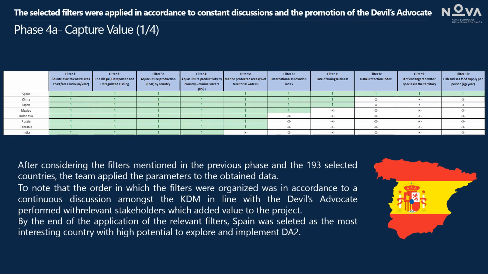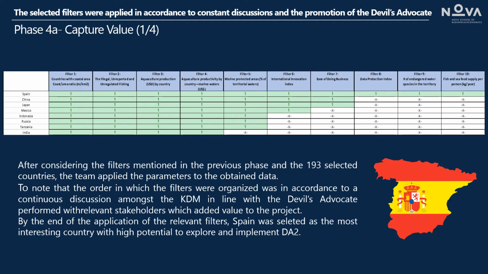Initially, we applied the MCDA with the global filters and the VCF, or Value Creation Funnel, having Spain as the only country that met the full list of filters. The closest alternatives were China and Japan, with an attractiveness of 9. However, these countries did not pass the Data Protection Index, which is an important aspect for DA2 to efficiently run